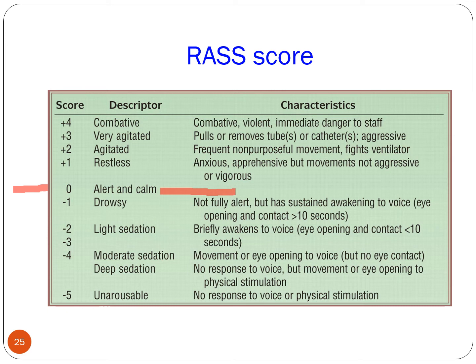Typically, when your score starts going to a plus, the higher the score, the more combative you are. Obviously, at +4, you're off the charts. You are bucking the vent. You are going crazy. Now, if you get someone who's a -5, you say, hey, wake up, pick up your head, and they don't respond to you at all. Why are people at these scores? There could be a lot of reasons, but from a sedation point of view, you want the sedation titrated off so that they are anywhere from a -1 to a +1.